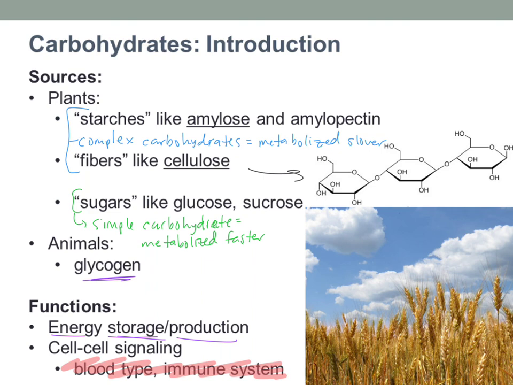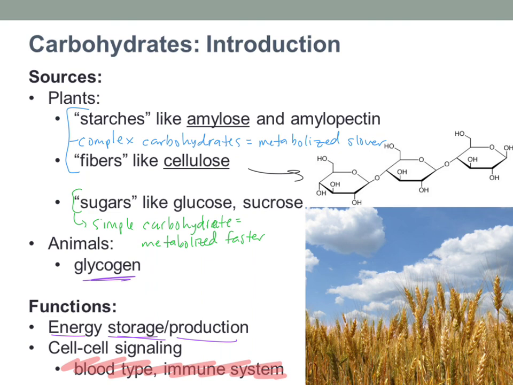Now that plays a huge role. You might have heard that if I have blood type A and you try to give me blood type B, I'm going to have a huge immune response. And that's because the immune system also relies, not entirely, but in part, on recognizing two different cells as either being from the same organism or as a foreign entity. Should it attack your cell or should it not? And it uses what carbohydrates are presented on the outside of your cell.